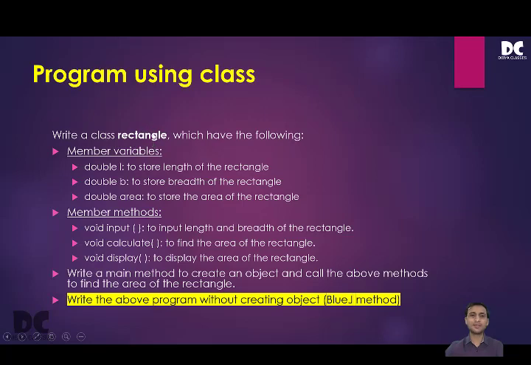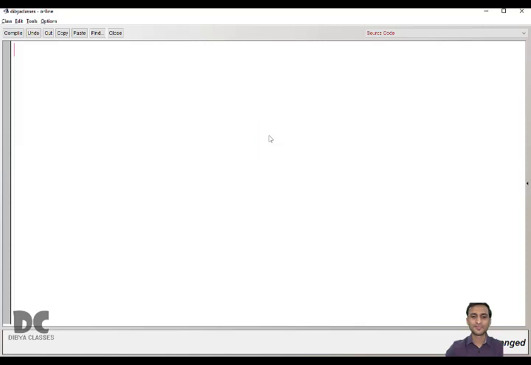Okay, in board exam, if the class name is mentioned, please use that class name. If you use something else like A, B, C, D or your name, you will not get marks because it has told you to use this particular class name. If it has not given anything, then you can take any class name. But now in this question, it has told to take the class name as rectangle. So we will create a class rectangle.